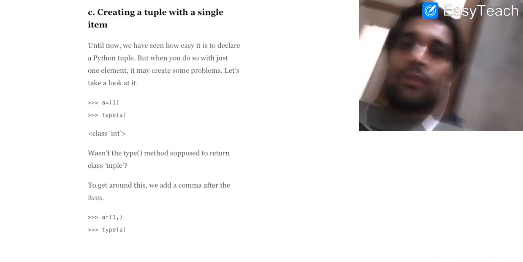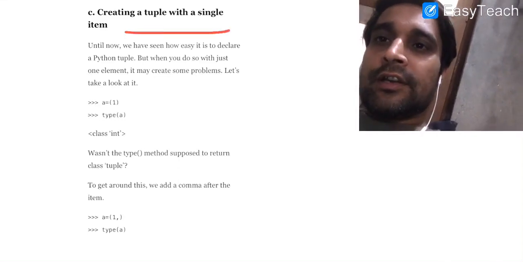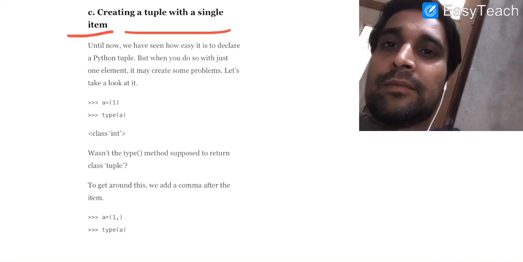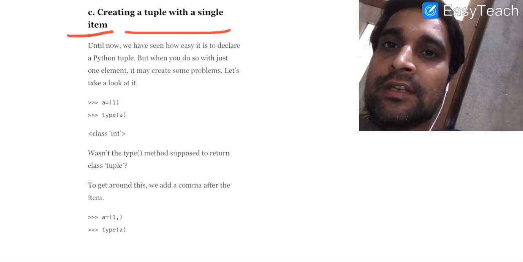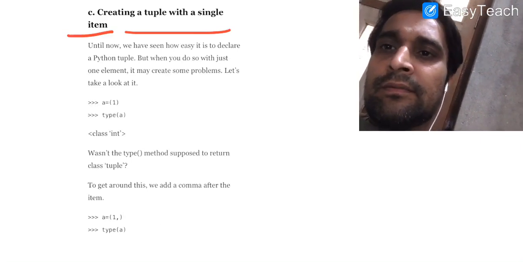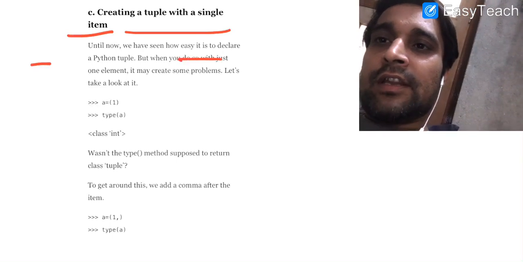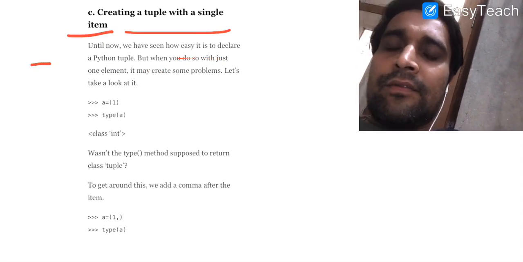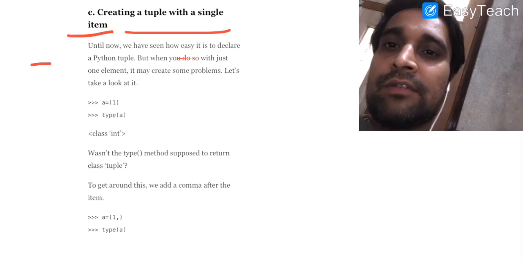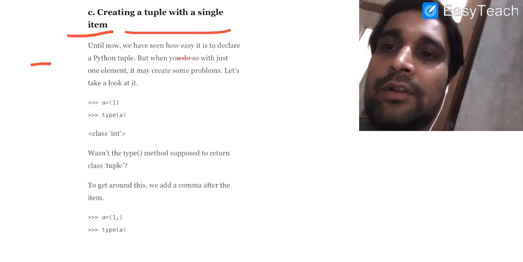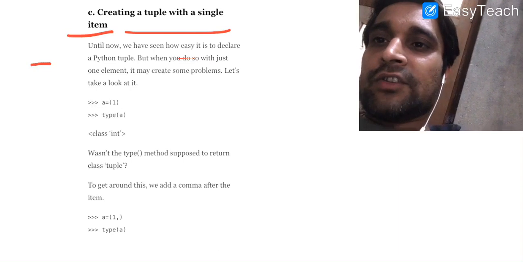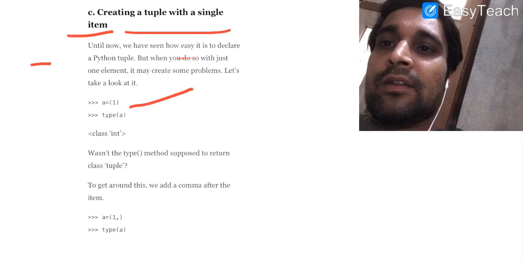Now one more thing that I want to discuss here with you: how to create a tuple with a single item. It means when we want to create a tuple with a single element, what do we need to do? Until now we have discussed that it is very easy to declare a tuple, but if we want to create a tuple with a single element only, then with the help of the concept that we have discussed till now, we can do that by specifying an instruction like a is equal to, in simple parentheses we write 1.